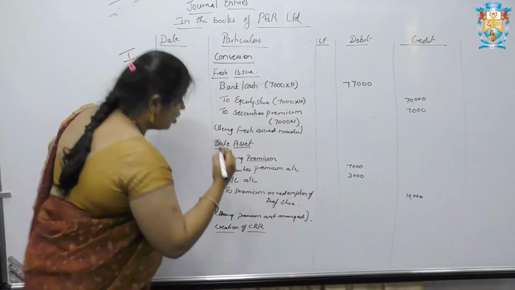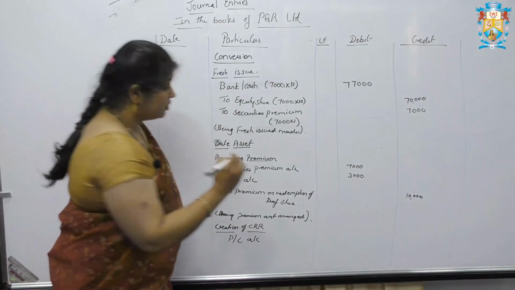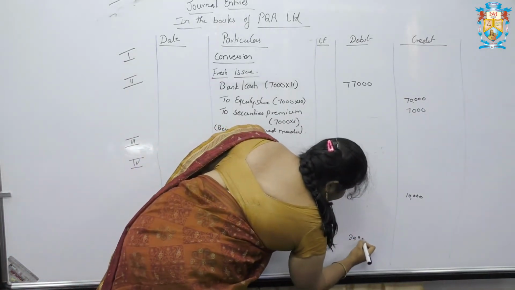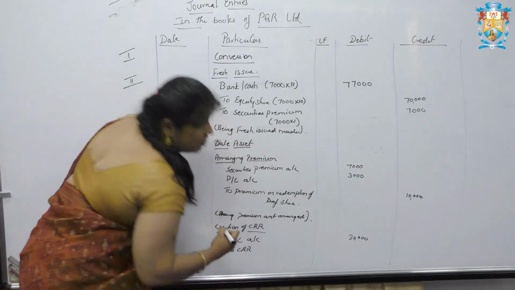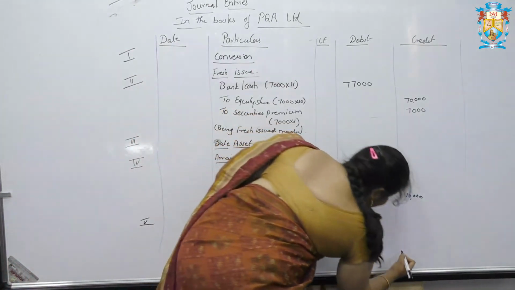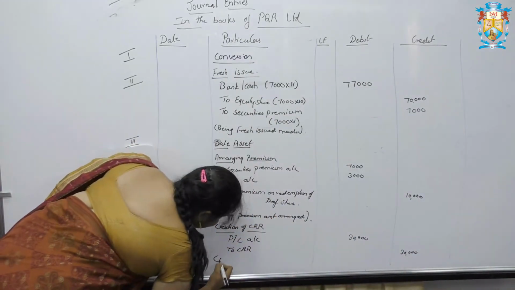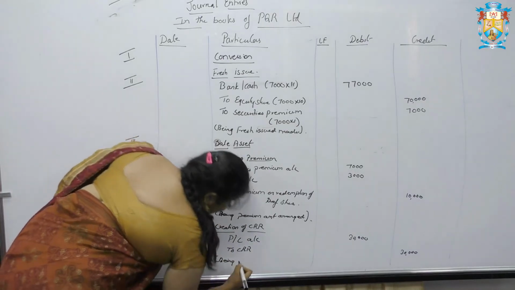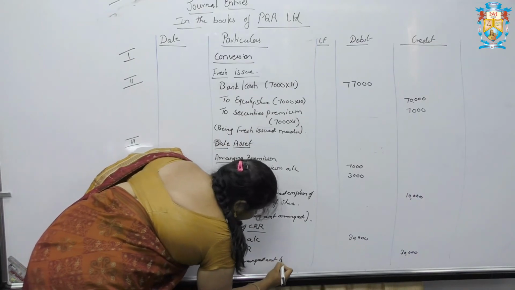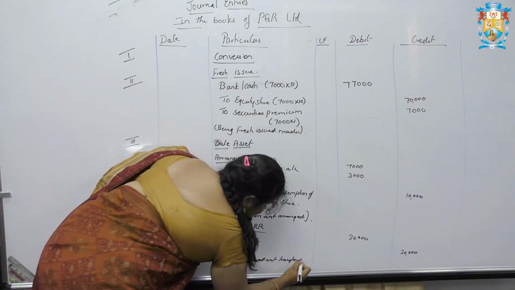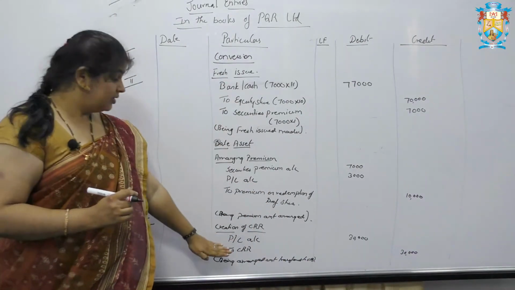From which account are you withdrawing? From my profit and loss account. What is the money we are going to withdraw? We are going to withdraw 30,000 to CRR account. I am going to credit it to a temporary account, that is CRR account. 30,000 being arranged amount transferred to CRR account. So here we completed the fifth step.